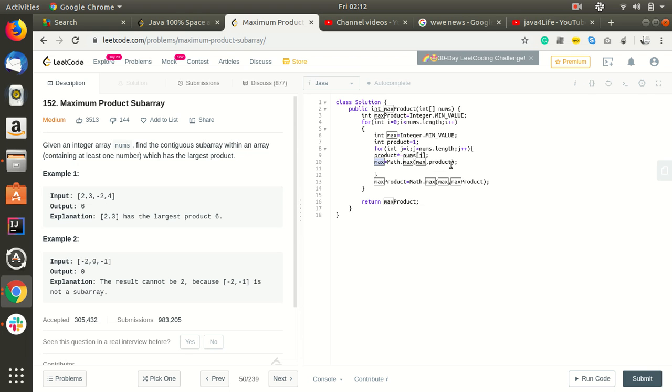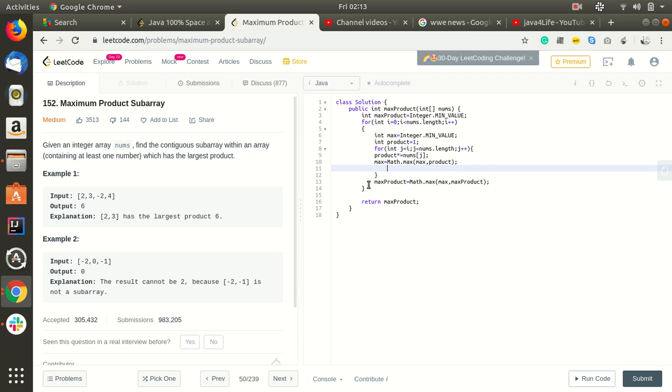We need to do this because if a minus comes, it's not necessary that it will lead to a smaller value. Suppose the input, instead of 4, is minus 4, it will be 24 positive. So at that time we need to store max equal to 24. That's why, in order to deal with the negative values, I am using it, because if 2 negative values are coming, then the multiplication will become positive.